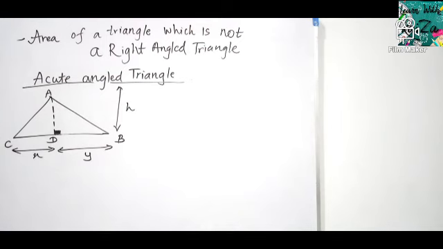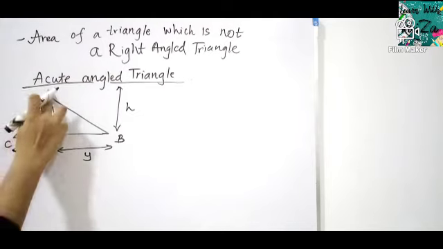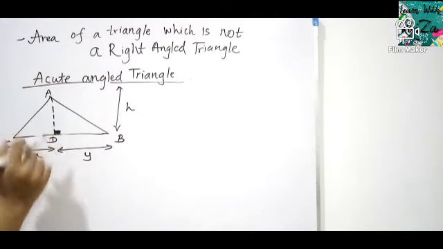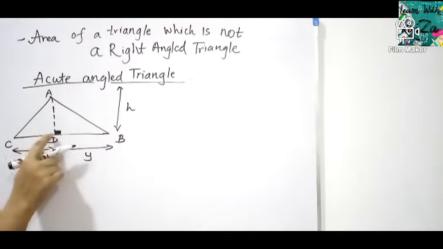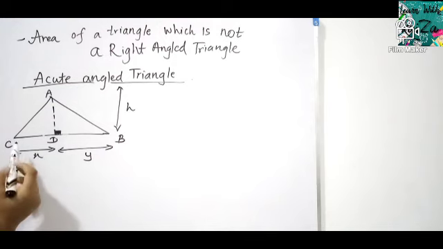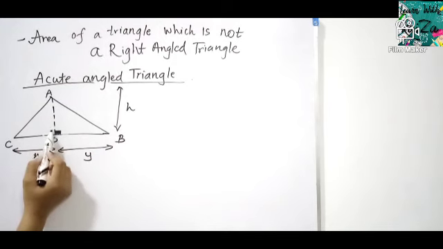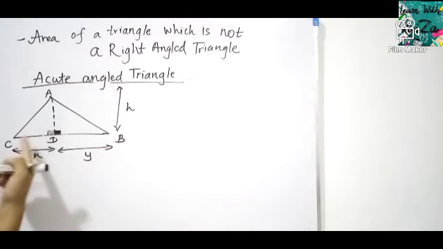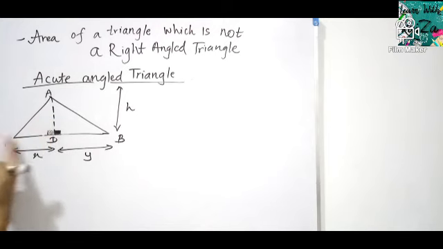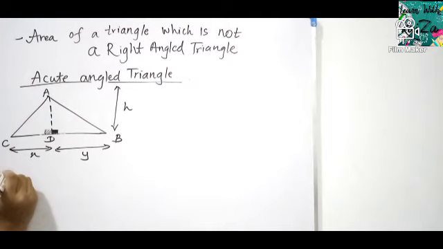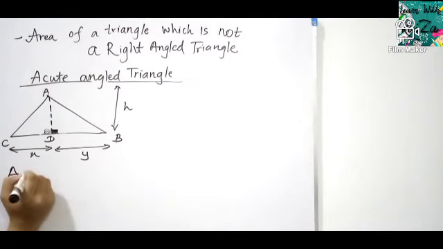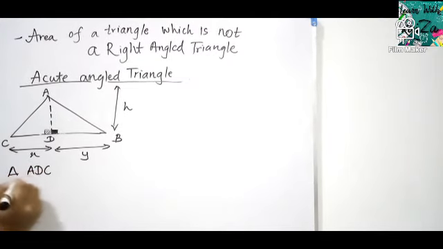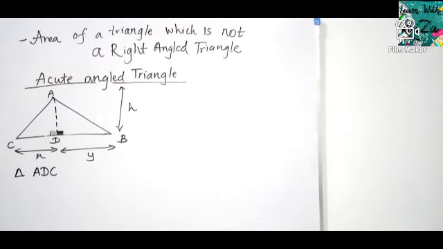So here consider the right angle triangle ADC. This is a right angle triangle because it has a 90 degree angle. You should know that angles in a straight line add up to 180 degrees, so here 90 degrees means here also surely 90 degrees. I didn't mark that because there's no need. So triangle ADC is a right angle triangle, and I am considering this triangle ADC.